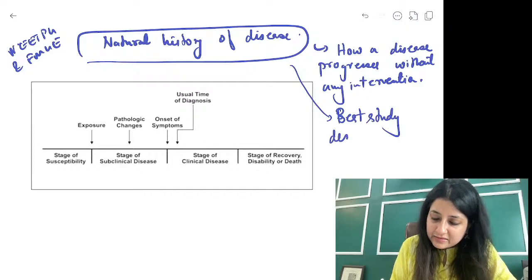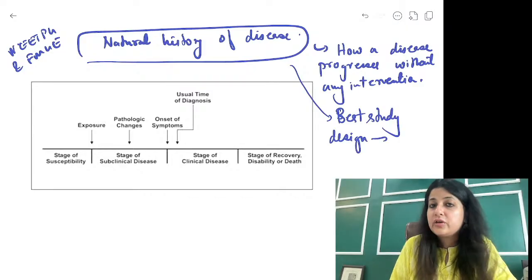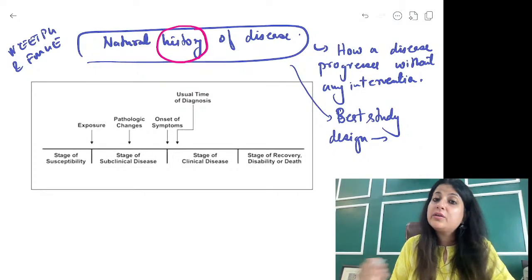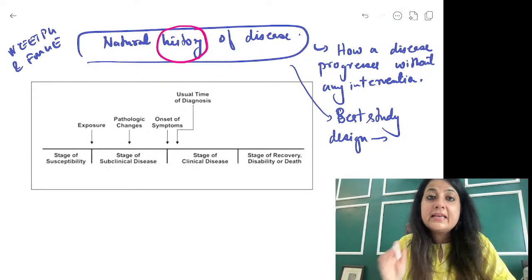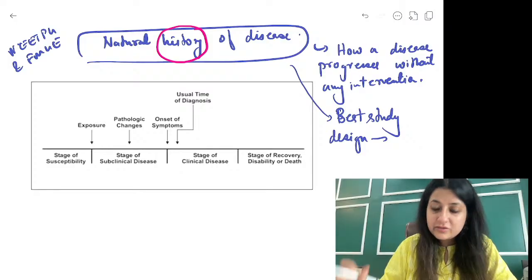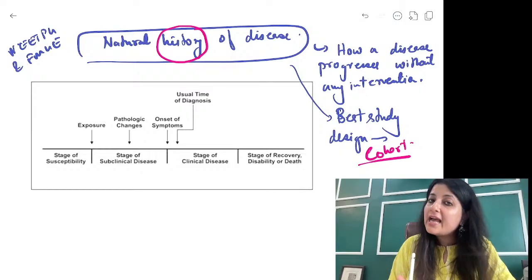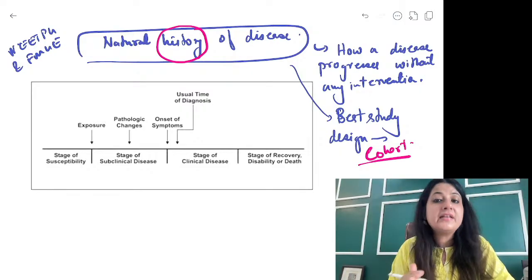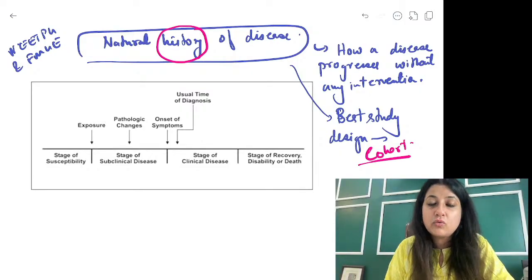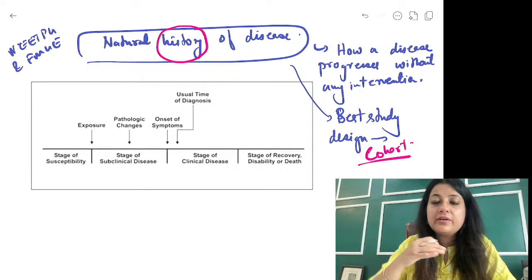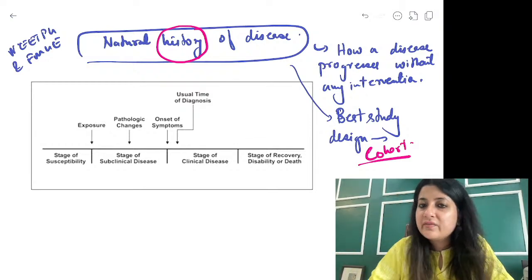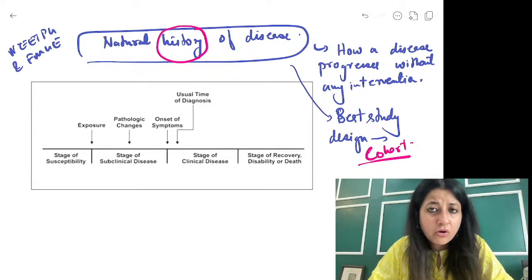Natural history of the disease, which is the best study design? This will be taken up tomorrow also in the image. Now don't think, okay, the word history is here so it could be case control. No, here the term is natural history. Natural history, best study design is cohort. Temporality, best study design is cohort. Natural history, best study design is cohort, because in cohort only you divide exposed and non-exposed and then follow up. Got it, all of you?